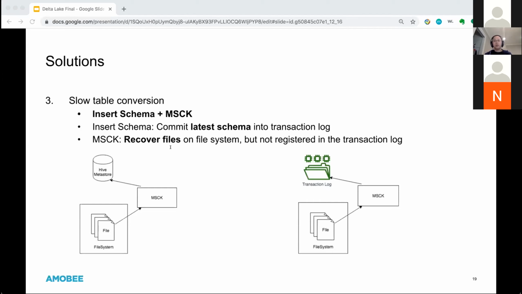So what we need to do is build a scalable way to scan the files on any file system, including the cloud environment, the on-premise environment, etc. Combining these two, we can commit those unchecked files on the file system into the transaction log through this API. Let's say we have a new table. On the catalog service side, we will commit the schema first, and then we will run an MSCK after that.